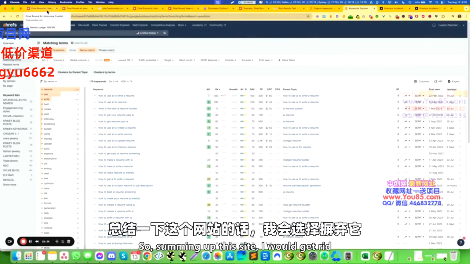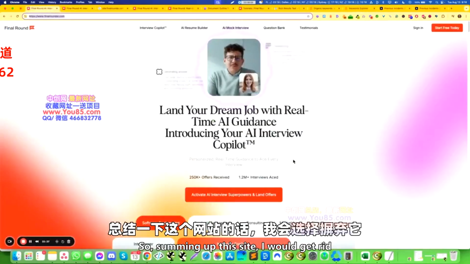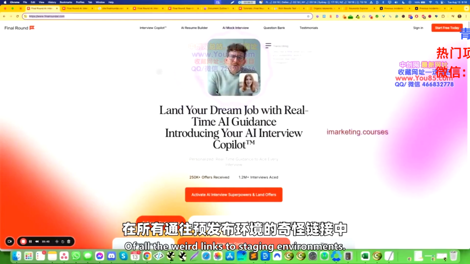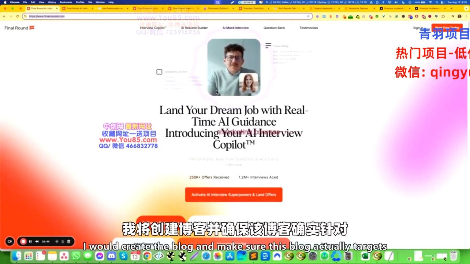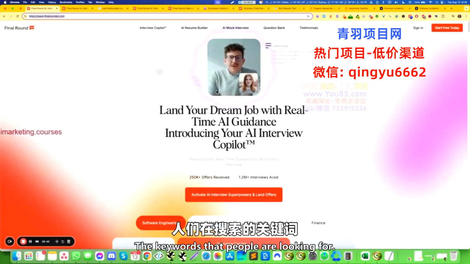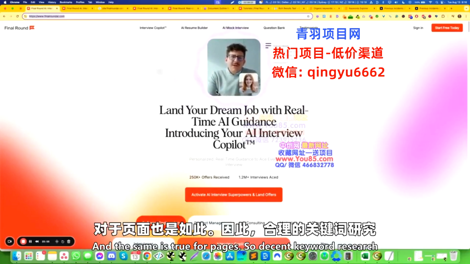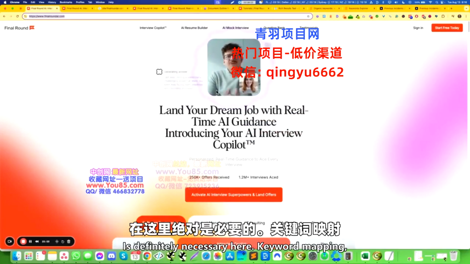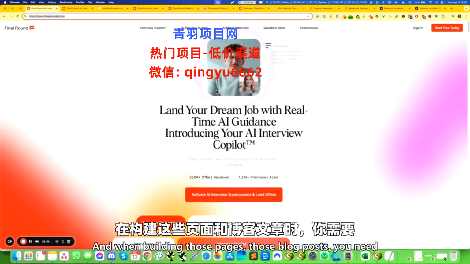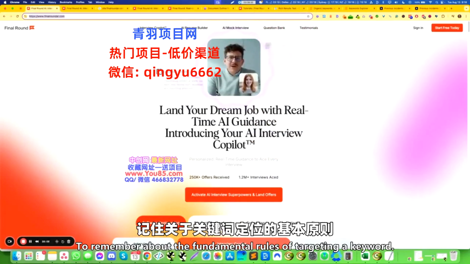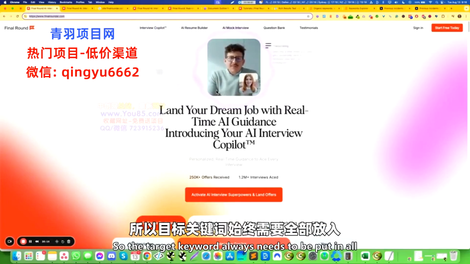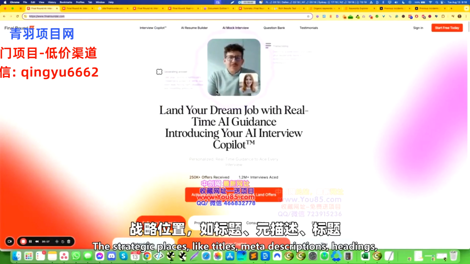So summing up the site, I would get rid of all the weird links to staging environments. I would create the blog and make sure this blog actually targets the keywords that people are looking for, and the same is true for pages. So decent keyword research is definitely necessary here, keyword mapping, and when building those pages, those blog posts, you need to remember about the fundamental rules of targeting a keyword. So the target keyword always needs to be put in all the strategic places, like titles, meta descriptions, headings,